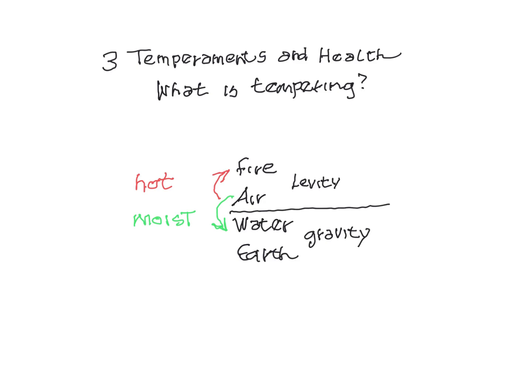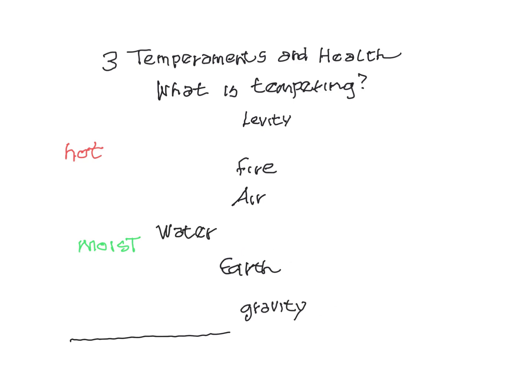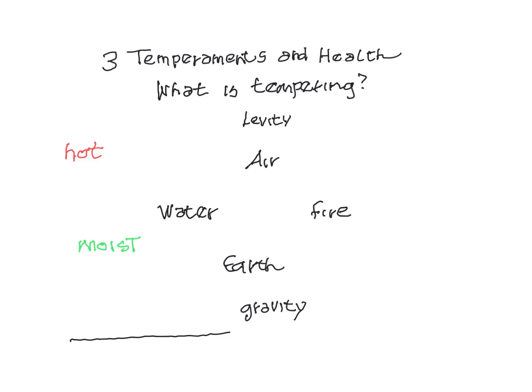So the elements themselves have interrelationships that are pretty profound. A good way to look at that is to see that it's probably a better way to organize the four elements into a circle rather than into a vertical column. Let's rearrange these things a little bit here. We'll put earth at the bottom, water at the side, fire over there, and air. So now we have a circular arrangement of the four elements.